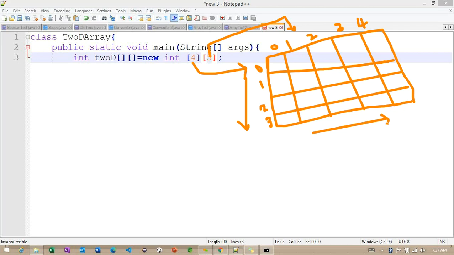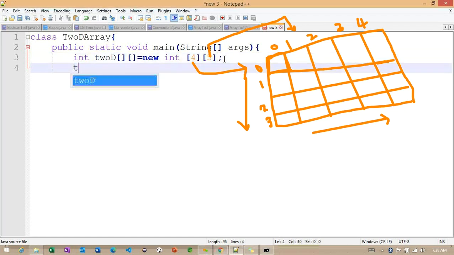We created this particular array, but we want to initialize values inside each of these boxes. So how can we initialize these values? Basically, with a one-dimensional array, we directly work with the index number and initialize the value. But we are now working with a 2D array, so carefully observe here: whenever we work with a 2D array, we need to check with different variables.